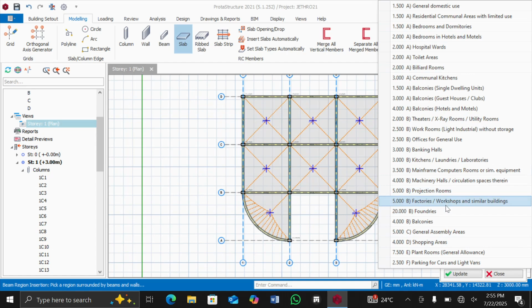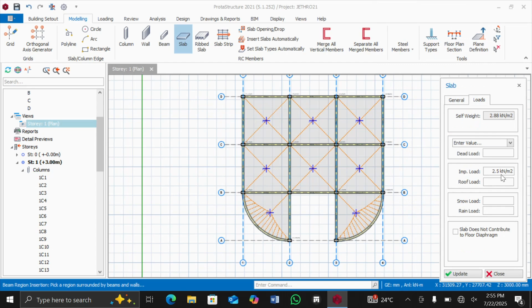But for our project, we want to design for offices. Where is it? I think you can see it. 2.5, offices for general use. So in case I'm designing for offices for general use, just come here to offices for general use, and then you click on it. When you click on it, of course, the imposed load will come here immediately. You understand? But for the dead load, you have to calculate the dead load and then